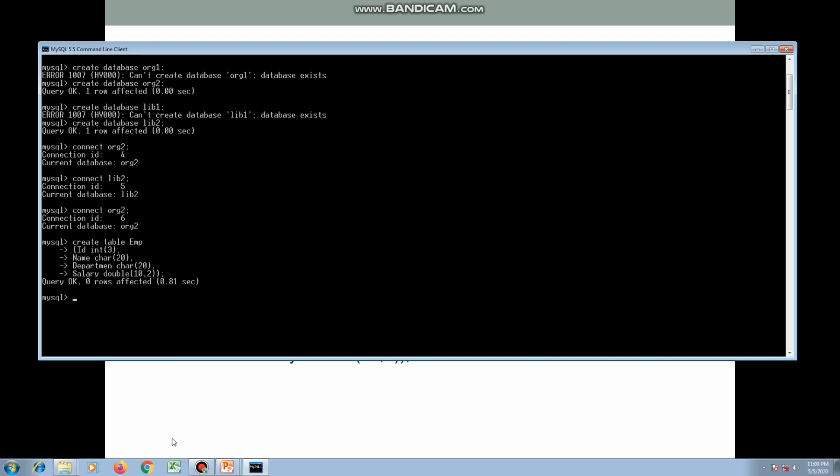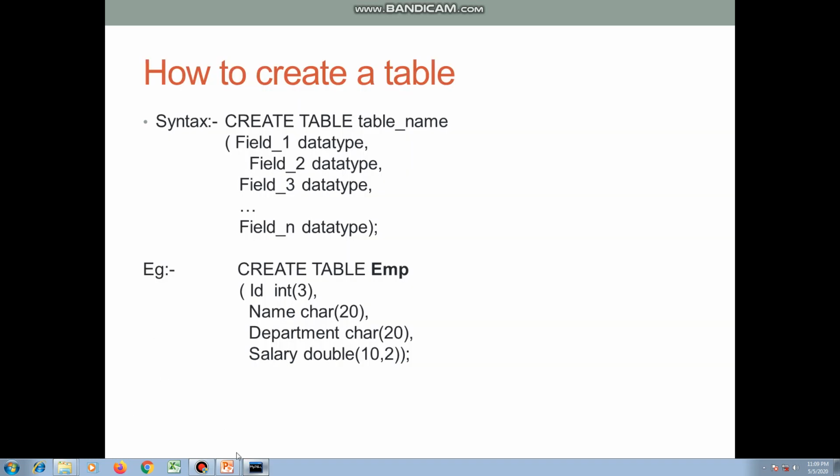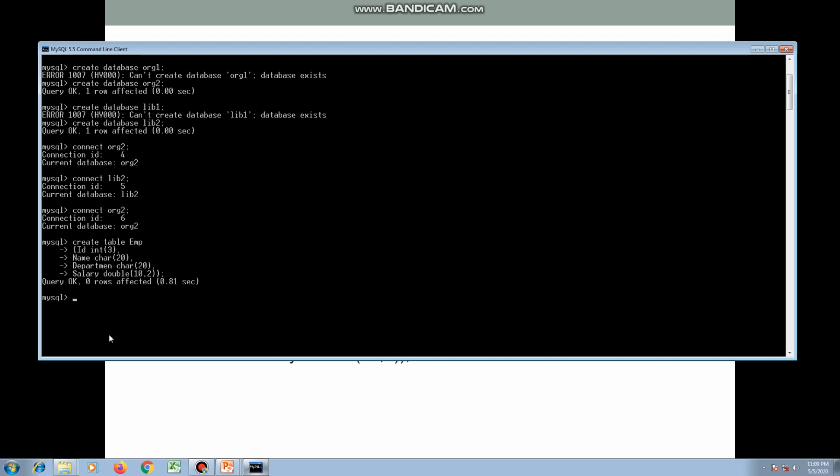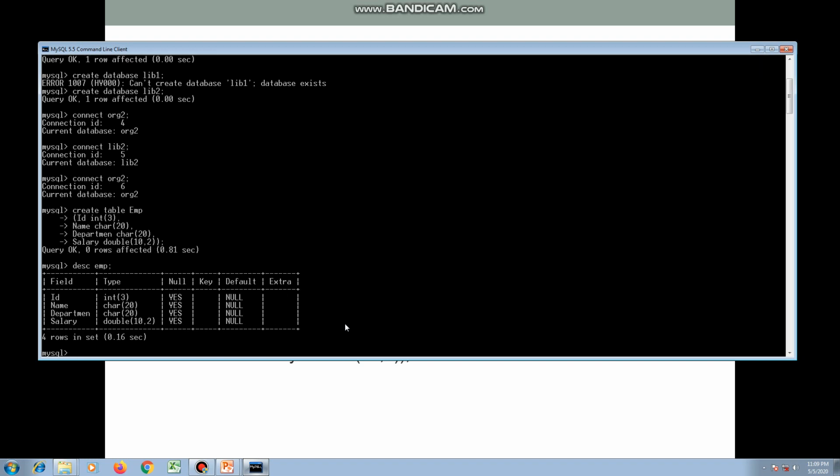So in order to see how the structure of table looks like, we can use a command called describe table. So short is describe and then table name EMP, and here we have a structure of our table that we have created. Like these are some fields like ID, name, department and salary, and here we have data types for each column that we have provided, like integer, character and double, etc. So in this way we have created a new table with 4 columns, and the data types that we have provided is integer, character and double.